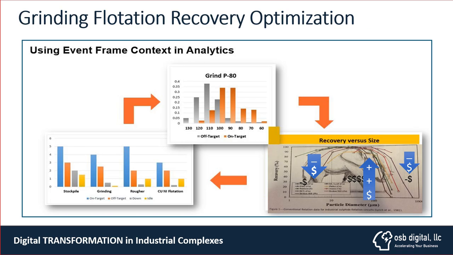As such, the big problem is that when we start looking at the plant, we need to make sure that they are coordinated. So the stockpile, the grinding, the rougher, and the flotation need to be all in what we call the blue regions. The blue regions are where you are within the budget, within the planning. The orange is when you have troubles, and these are the hidden losses, and we need to account for those. So we need to aggregate the production, the energy, and the water for those, and stabilize those before we can do any optimization of the whole supply chain.